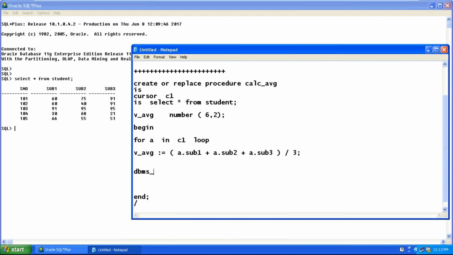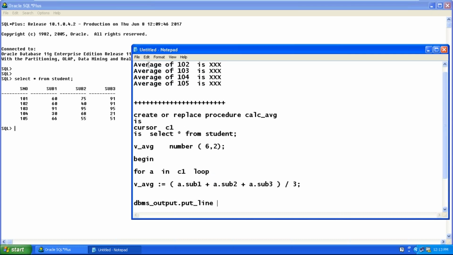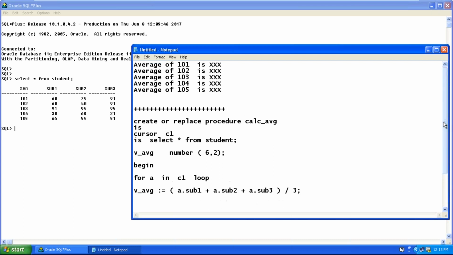dbms underscore output dot put underscore line, average of, single quotes, concatenated. How can you access 101?